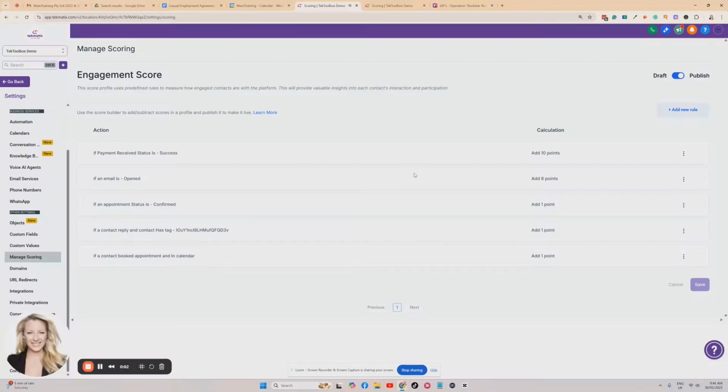Did you know that you can do contact scoring, also known as lead scoring, also known as contact engagement scoring, inside Tekmatix? Now, basically, this is usually used in sales. It's a way of giving a number of points to your contacts when they take certain actions inside your